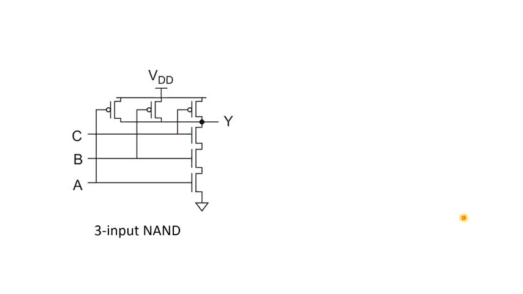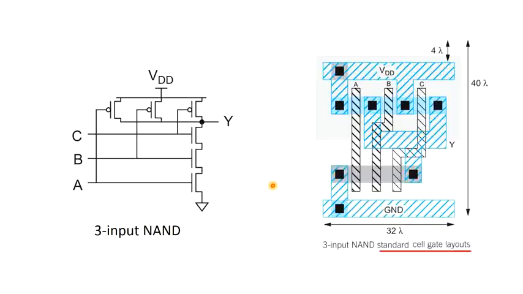Yeah. Now let us consider a 3-input NAND gate as shown here. 3 inputs A, B and C connected in this fashion. So how will the layout diagram look for this 3-input NAND gate? We can do it, na? Let us see how it looks. So probably it will look something like this.